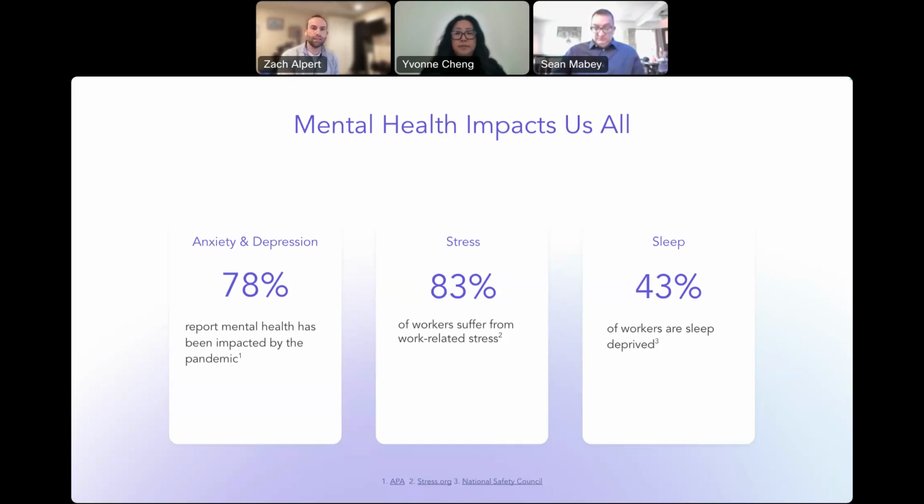And so in this study that was done by the APA, they assessed how people were feeling across 4 key areas: anxiety, depression, stress, and sleep. In their study, what they found was 78% of the respondents reported that their mental health had been impacted by the pandemic in terms of their anxiety and depression levels growing. 83% saw that their stress levels caused from work related stress growing. And then 43%, which I feel is actually probably pretty low, of workers or employees said that they were sleep